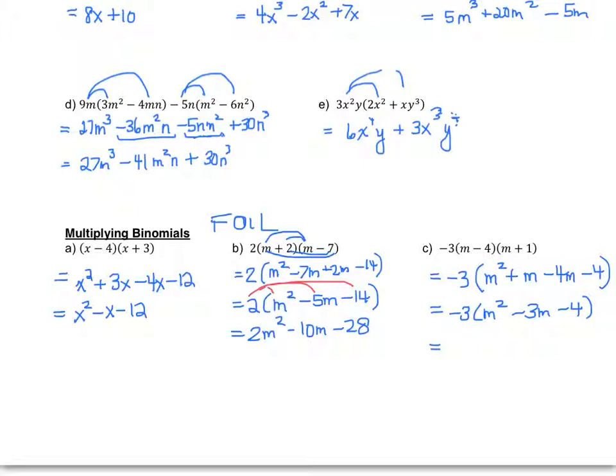Then distributive law to put the negative 3 into the bracket. Negative 3m squared